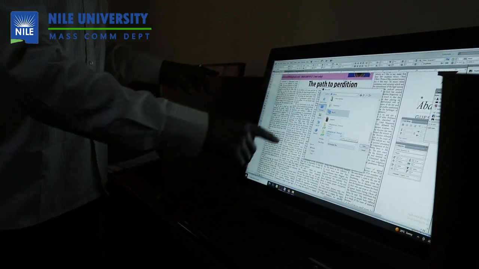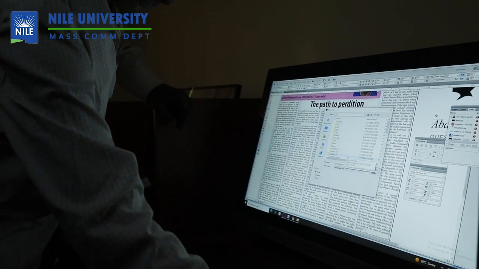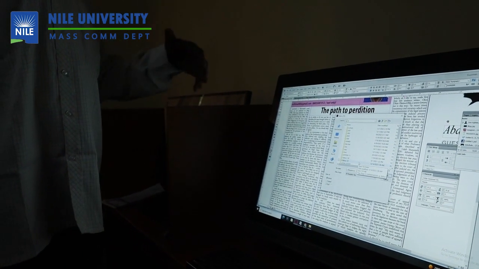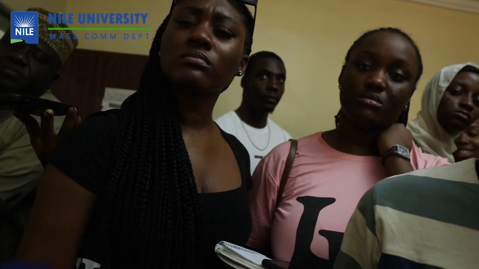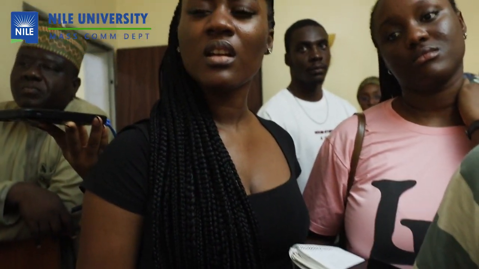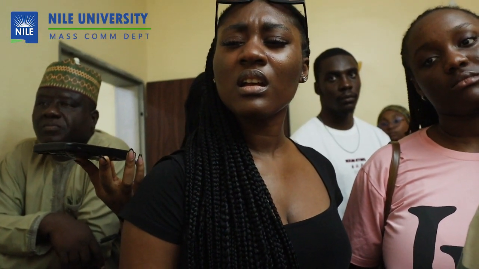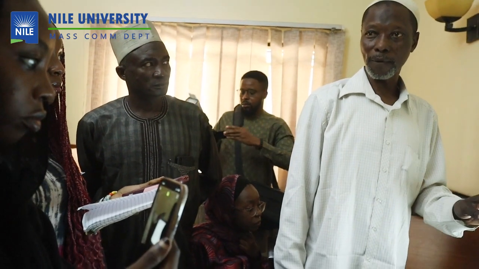G is meant for daily, while F is for weekend. Yes, I'm going to pick from daily now. And in daily, we create a folder where we store all these files. When the news page comes, you'll be told the lead story and subsequent stories. In our news story, it is 5 columns. In our feature, you can make it 5, you can make it 4. That is the feature page. But when it is news, it's 5.